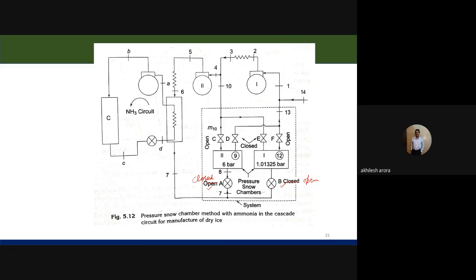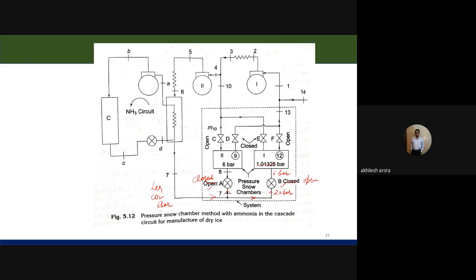Okay, now we had the liquid refrigerant, liquid CO2 at 6 bar here. Now it is entering, it is coming here. It finds that this valve A is closed, so it goes to valve number B. What will happen in the B here, because the pressure is 20 bar here, after it passes through this expansion valve, the pressure will be reduced to 6 bar.